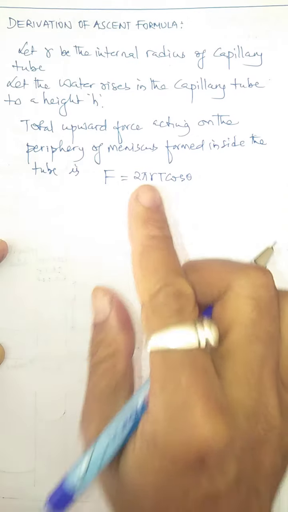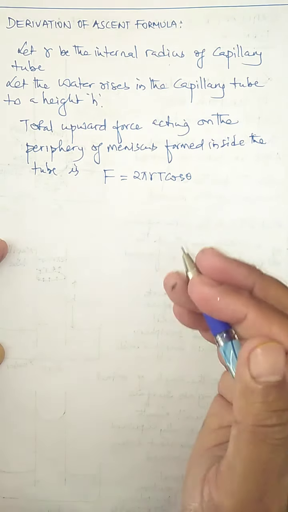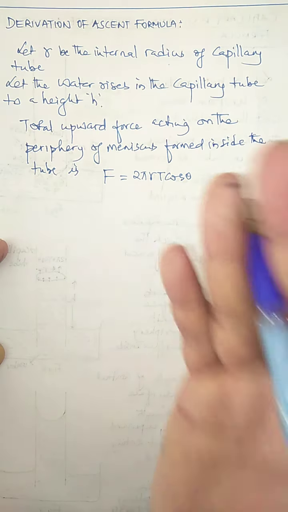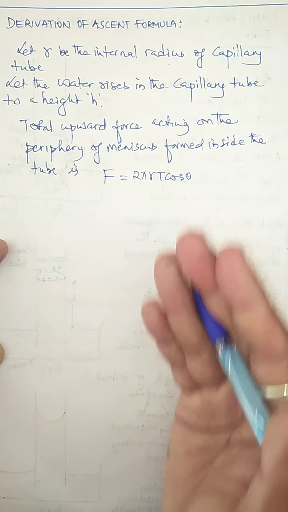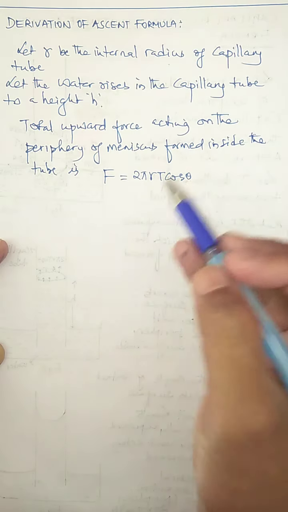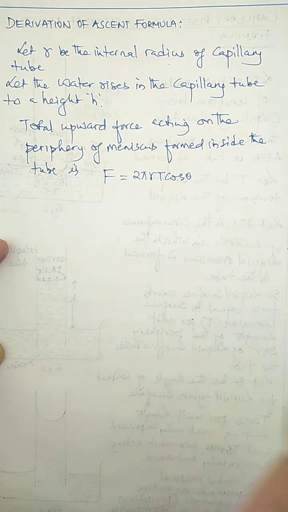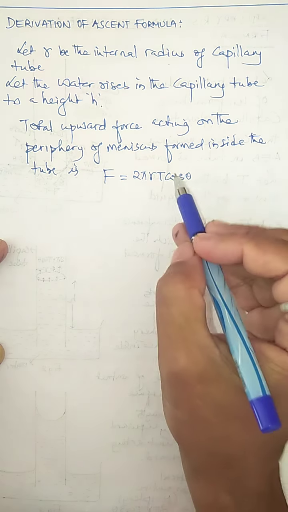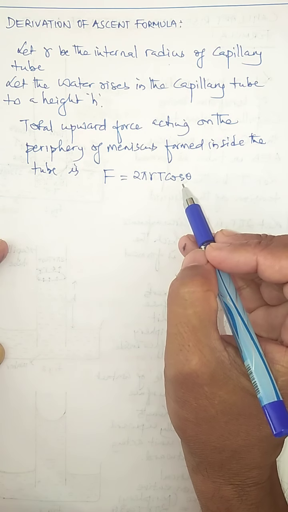This is the total upward force, or vertical force, and it is the vertical component of the tension acting on the periphery of the water formed inside the capillary tube. Now here you know theta is the angle of contact, and T is the